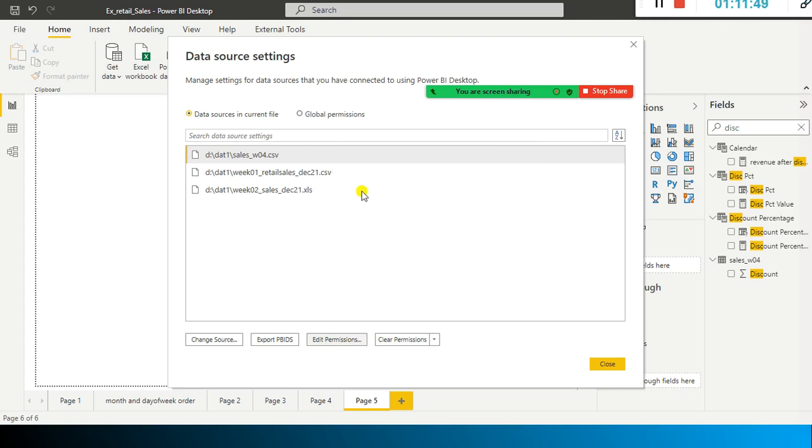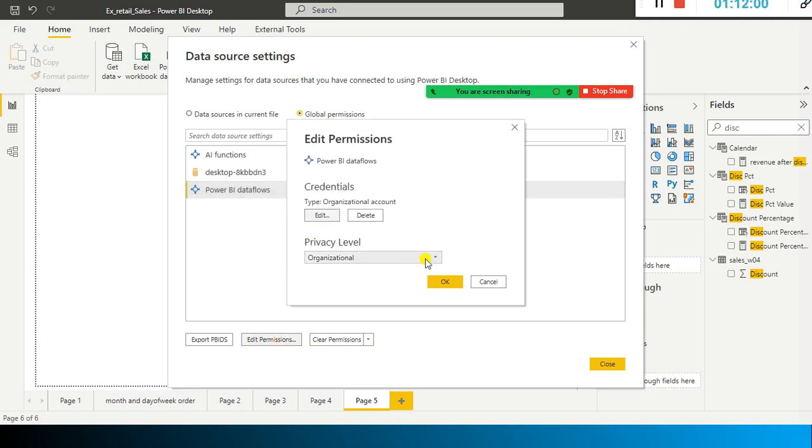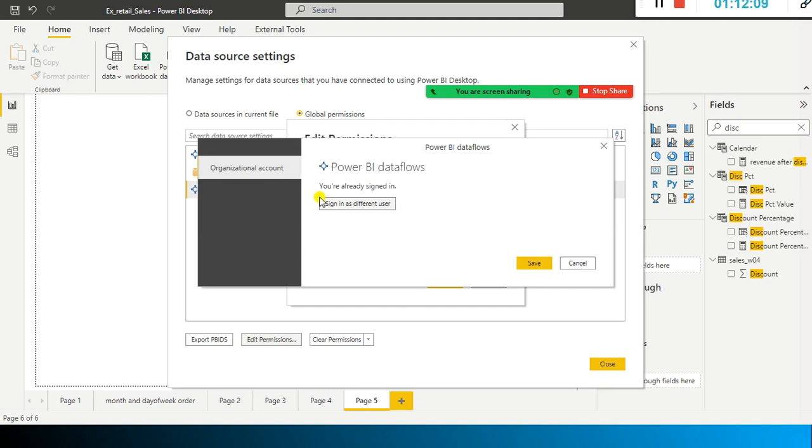Not this one. And global permissions, I have to use something like Power BI data flows. Look here, I need to use this one, organization, privacy level, and edit organizational account. I just go here, sign in as a different user.